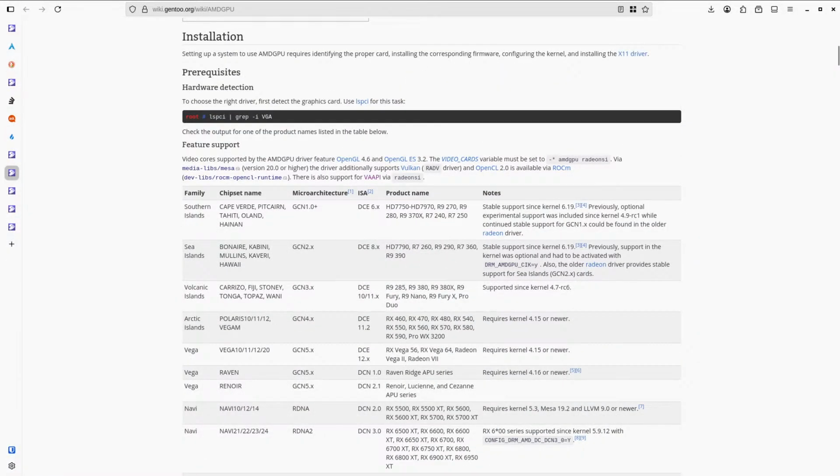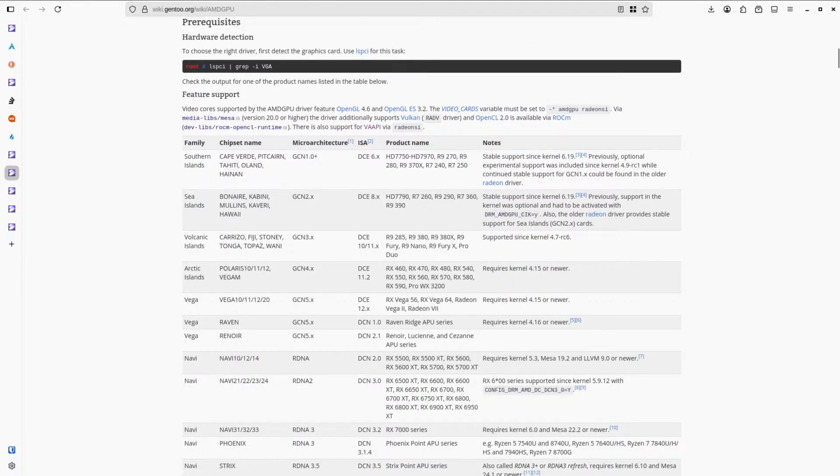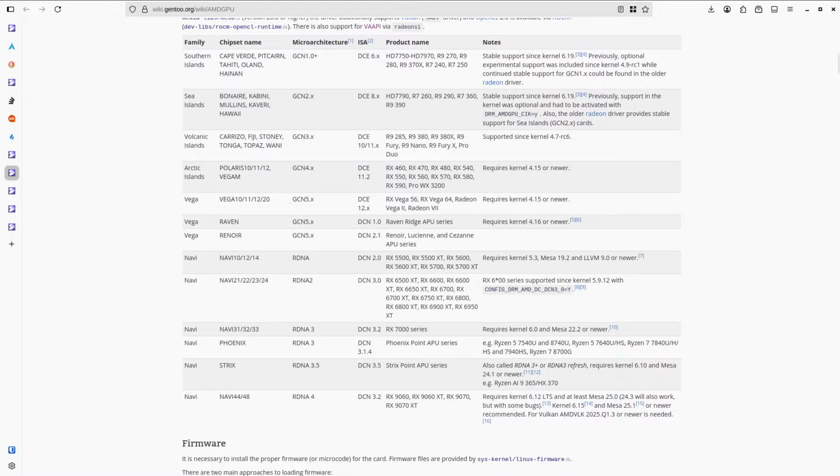Video core support by AMD driver must be set to AMD GPU, Radeon SI. Hmm. So, Raven 8 should be here somewhere, right?